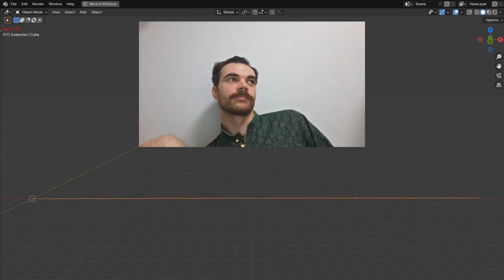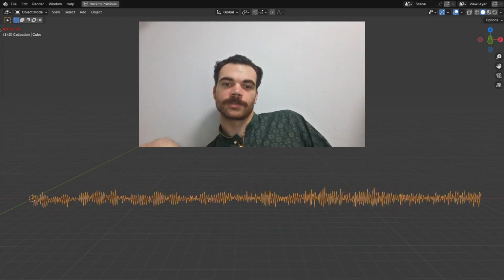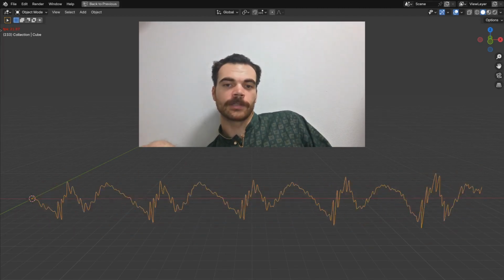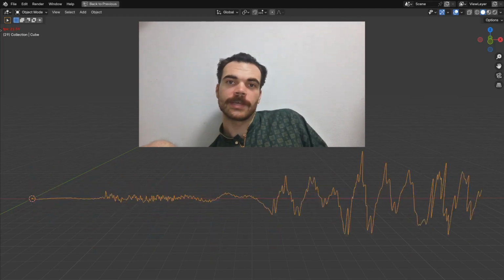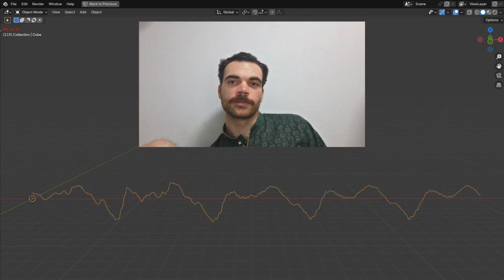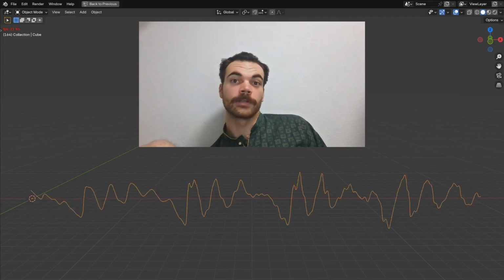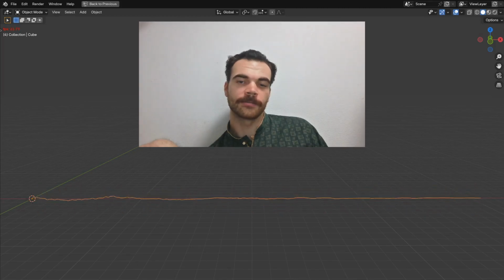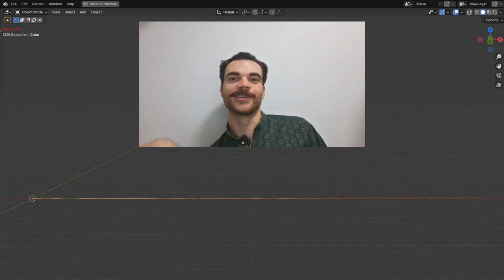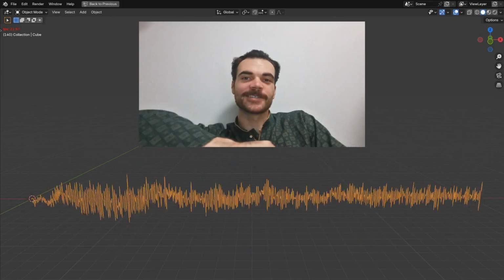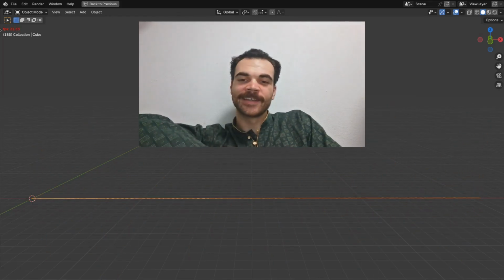Also, you can go deeper and use something like an FFT, a Fourier transform, to get frequency data, and then you can make your objects respond to different frequencies, or even combine that with animation or material nodes. I mean, material nodes also. Just do all of the nodes. So yeah, I think awesome possibilities, and I hope you have fun with